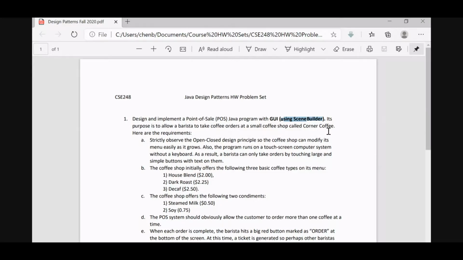That's where the older Java classes, data structures are. There's a controller, there's a view. Okay, so that's MVC. Now, the model part can be replaced by the database, the commercial database program we're going to talk about today. So its purpose is to allow a barista to take coffee orders